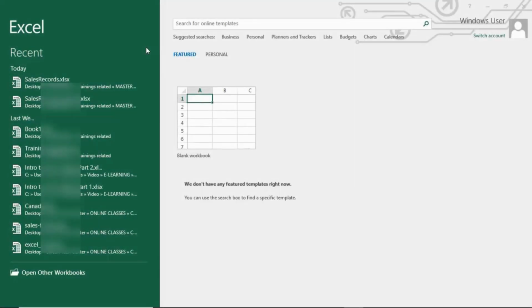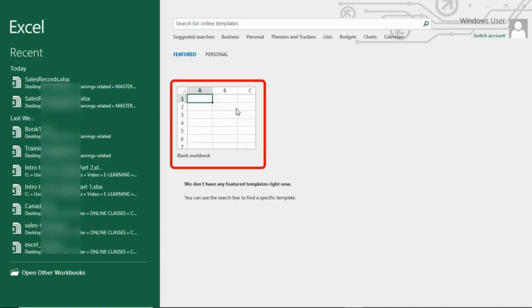Now, before we go into how to perform a simple analysis, we are going to do a little intro into how to use the Excel interface. So when you open up Excel, I'm using Excel 2016. Once you open up your Excel for the very first time, you'll have something like this, where you have a